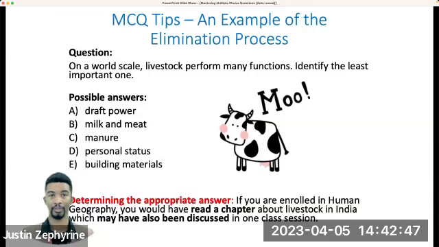With regards to livestock, I think milk and meat is the most important one. But the question asks for the least important, so then it will have to be between C and D. And I think also C would be beneficial, maybe, but that could be more so with agriculture. So between C and D, I'm not really sure, but I would go with